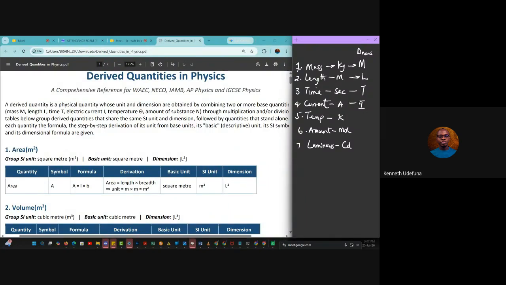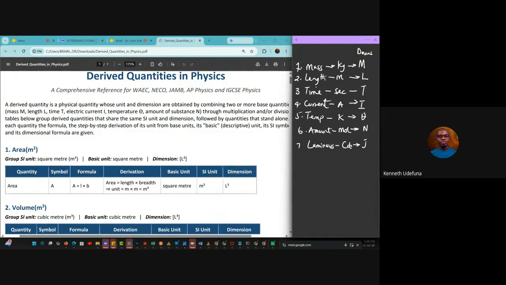Capital I. The dimension of Kelvin is going to be what? Theta. Then the dimension of amount is what? N. And the dimension of candela is what? Capital J. Before I go over to derived quantities, I need to tell you one secret, or something that you